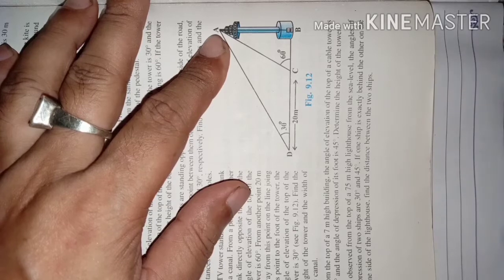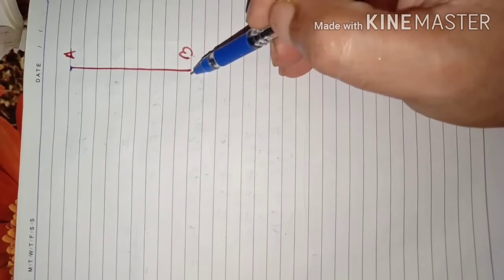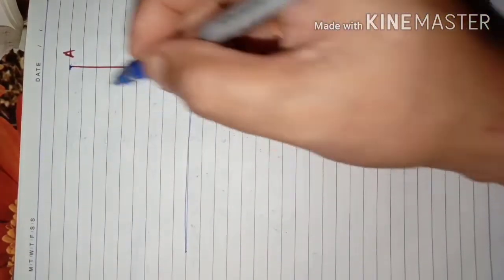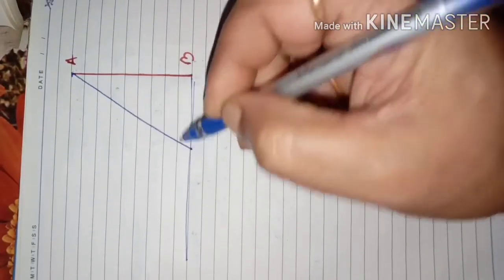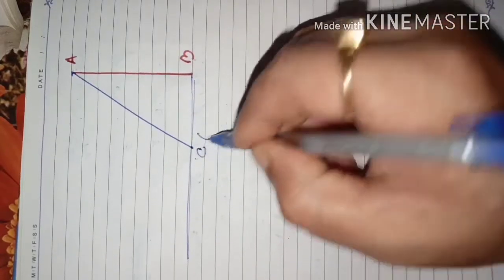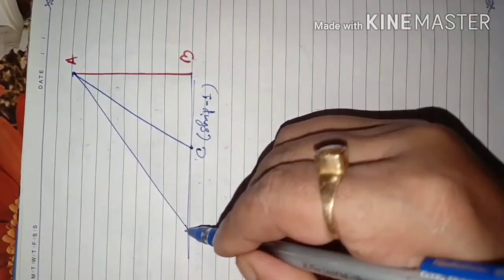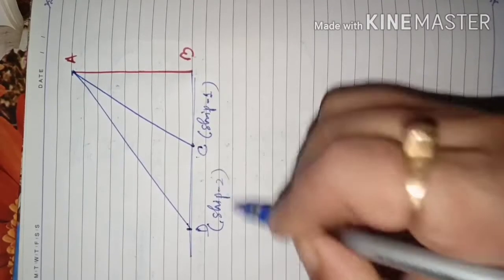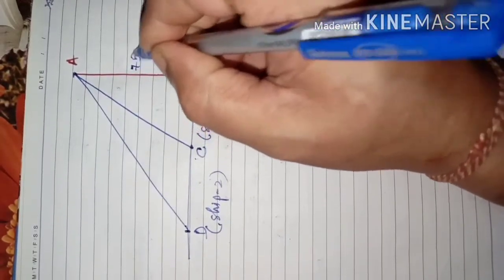two ships. So here, suppose this is the lighthouse, AB is the lighthouse, and two ships are there on the same side of the lighthouse. So one is viewed here, suppose one is behind it, suppose this is ship 1, and behind it another ship is there, so this is D, ship 2. Now the lighthouse is 75 meter tall.